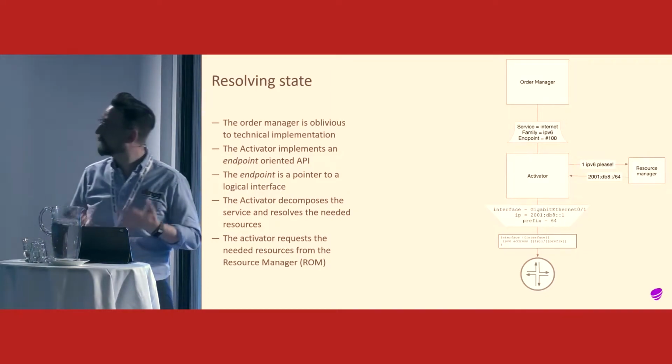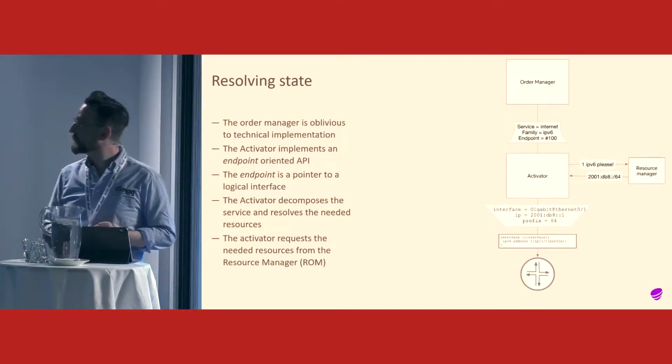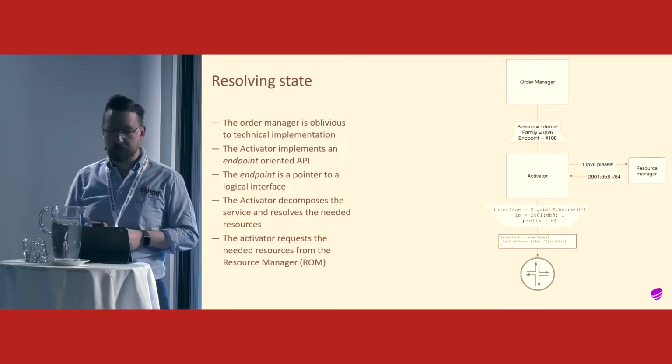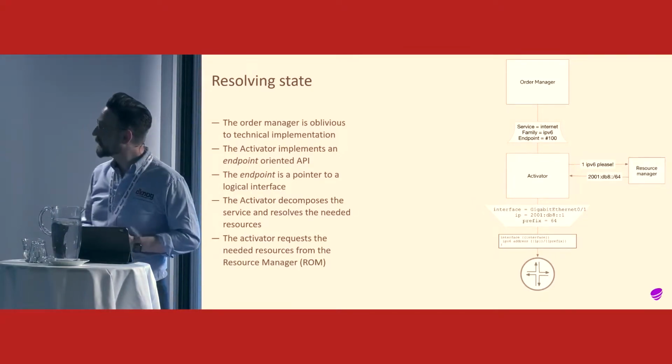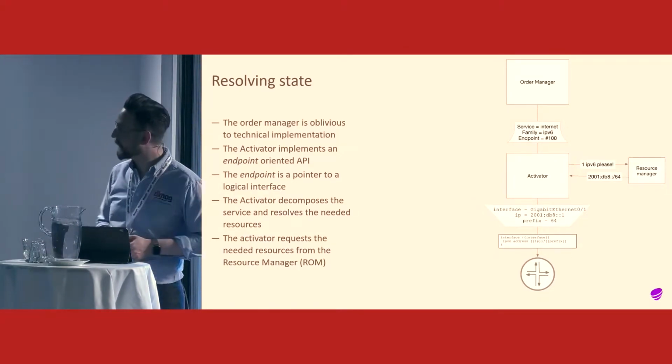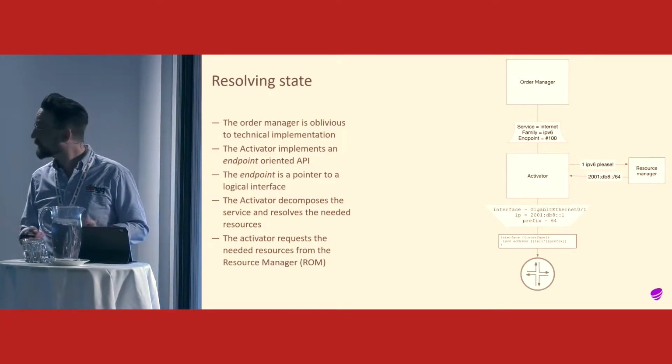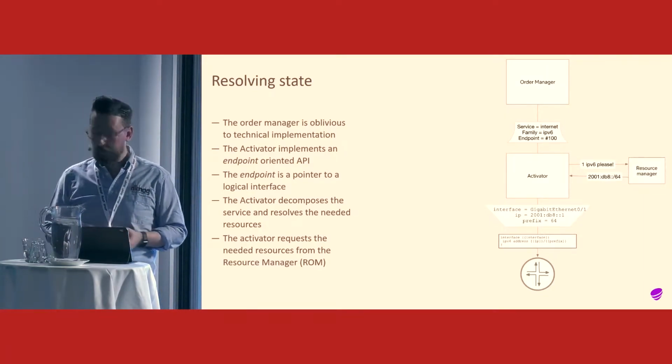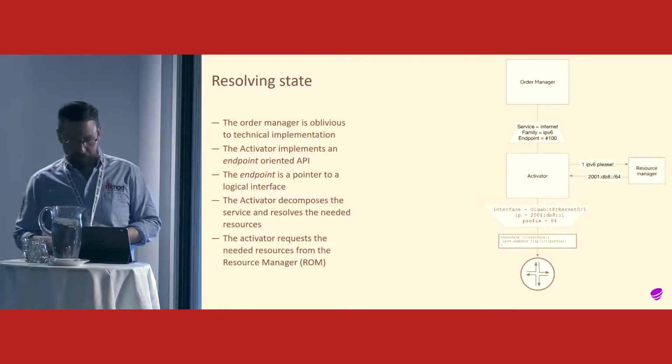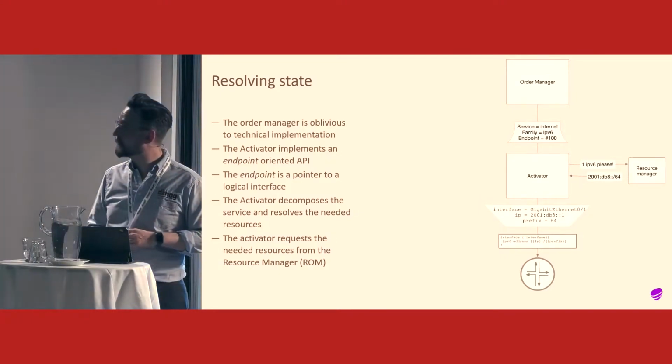Our activator then interprets this and says, okay, I need an IPv6 address in order to fulfill the service intent. So let me ask my resource manager, my inventory system basically, please give me an IPv6 address, and it will give that back. And now we have everything we need to